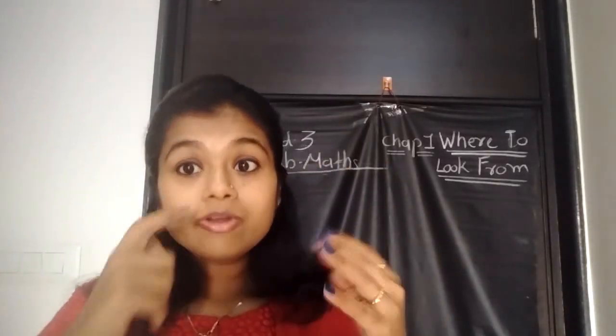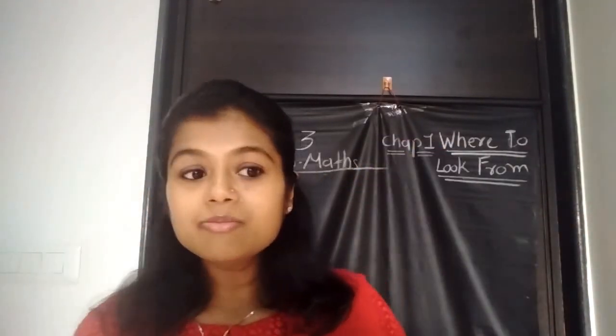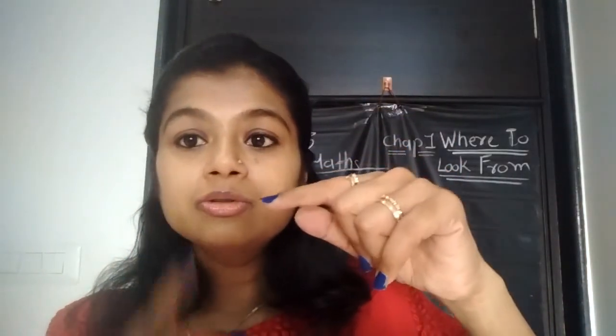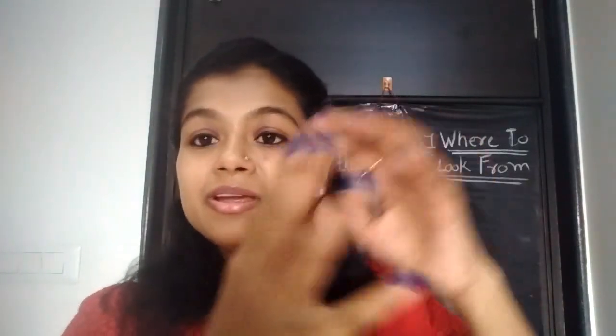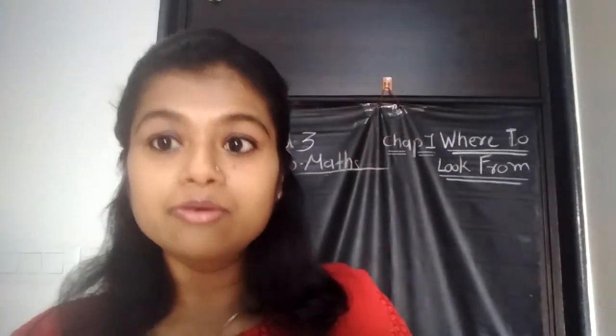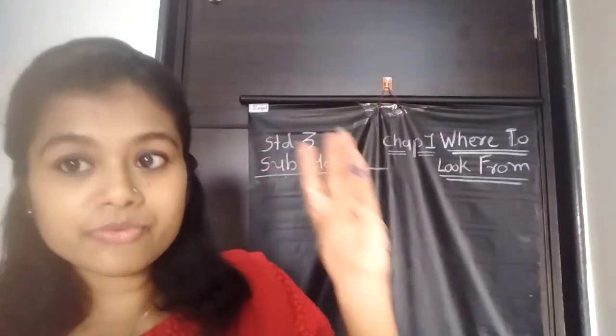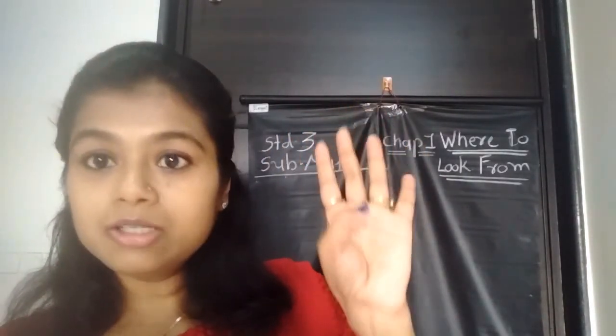As I told you, we are all surrounded by 3D objects. All the objects are 3D; nothing is in 2D. And the objects which are in 3D have different views. We had already learned about the front view, top view and the side view of any object. 3D means it has length, breadth and height. That means it has a different view from different sides.